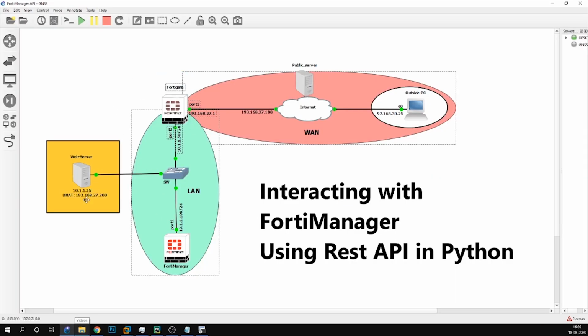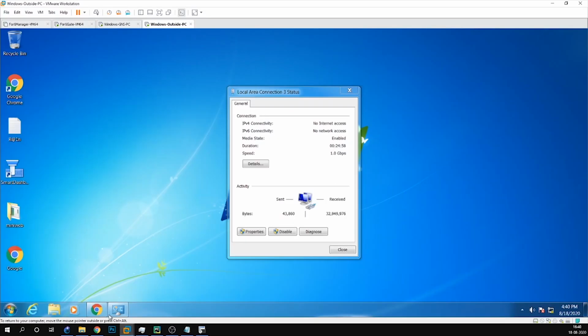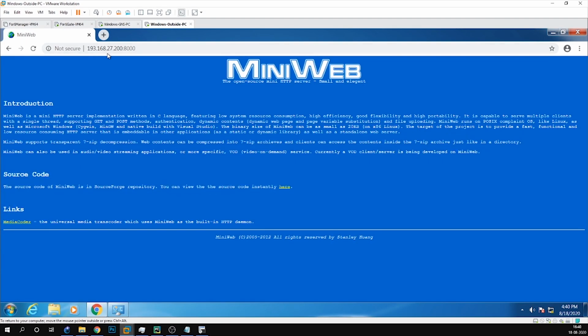That is the destination NAT. The IP is 193.168.27.200. Let's try to access that. Okay, yeah, we are able to access this server.